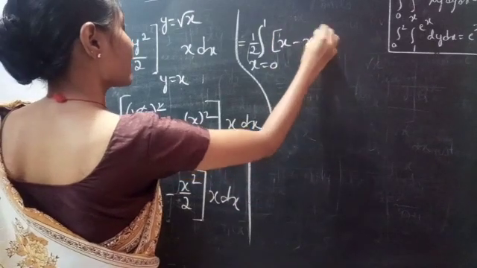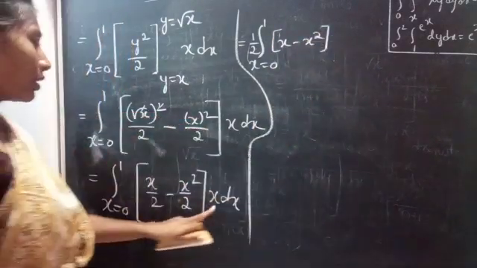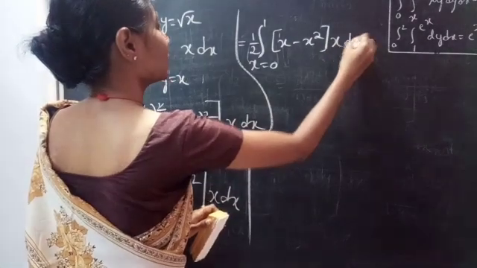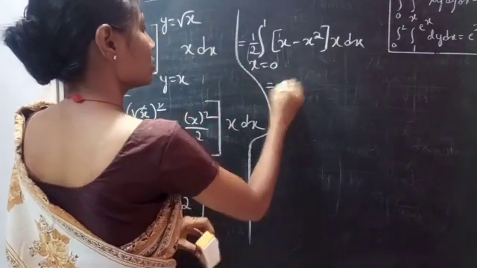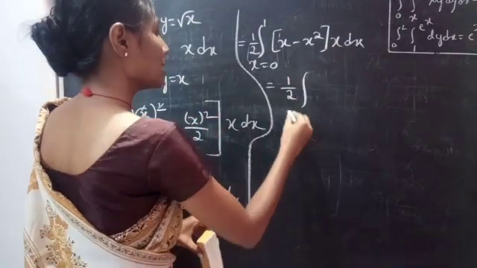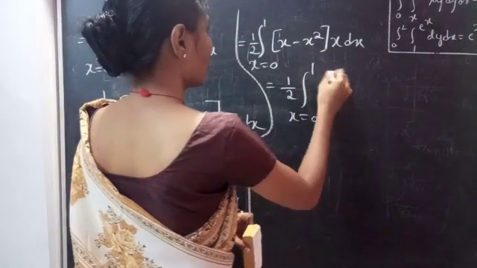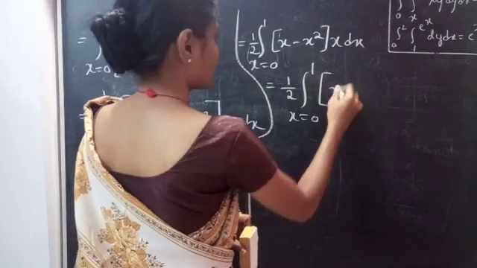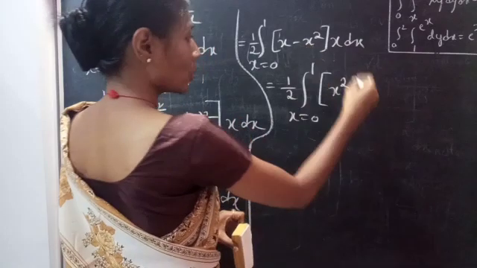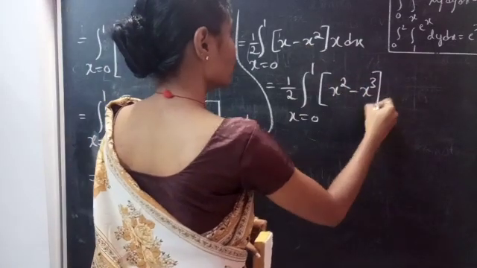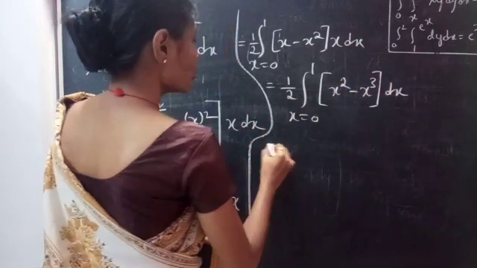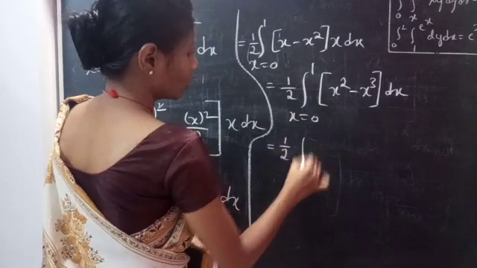x minus x square into x into dx. Now multiply this. This is equal to 1 by 2 into the integral from x equals 0 to 1 of x into x square minus x square into x, which is x cube, into dx. So this is equal to 1 by 2 into integral